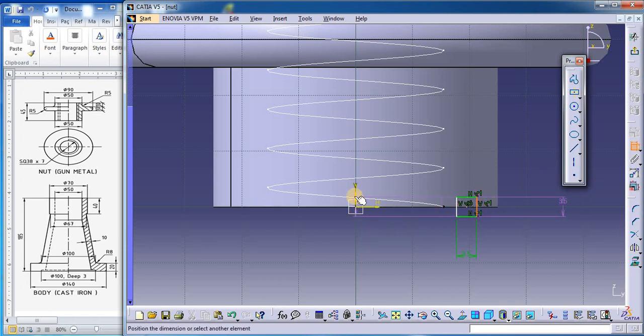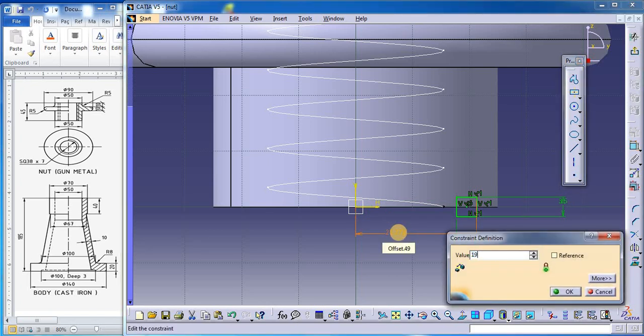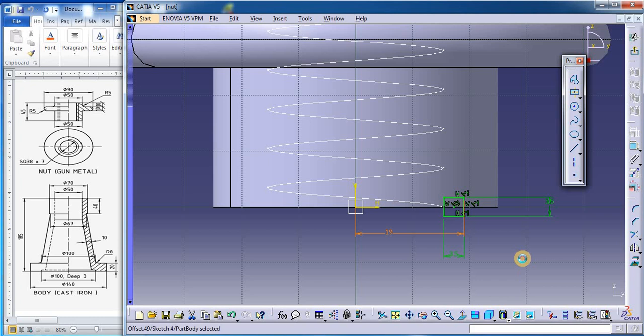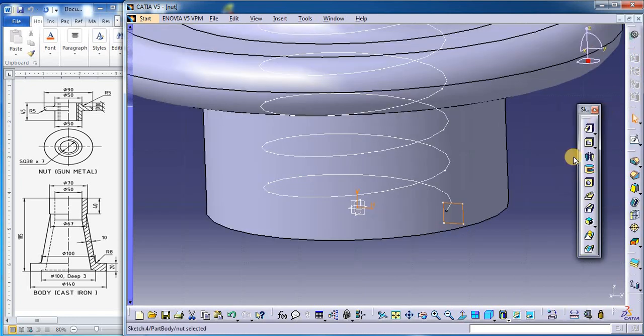Click on this edge and this, enter as 90. So you can see this threaded portion is 38.7. It is outer arrow, you can see it. Then 19, so 19 radius for outer line, 3.5, 3.5 this side. From the sketch,